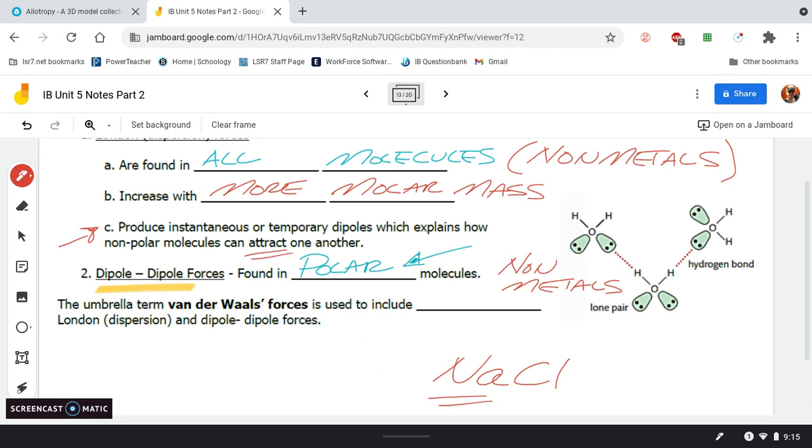NaCl, that's a metal, so it doesn't have any of this stuff, right? But if you have something like CH4, methane, well, it does. So things that have metals don't have any of these. These are strictly reserved for things that are not metals. And the last